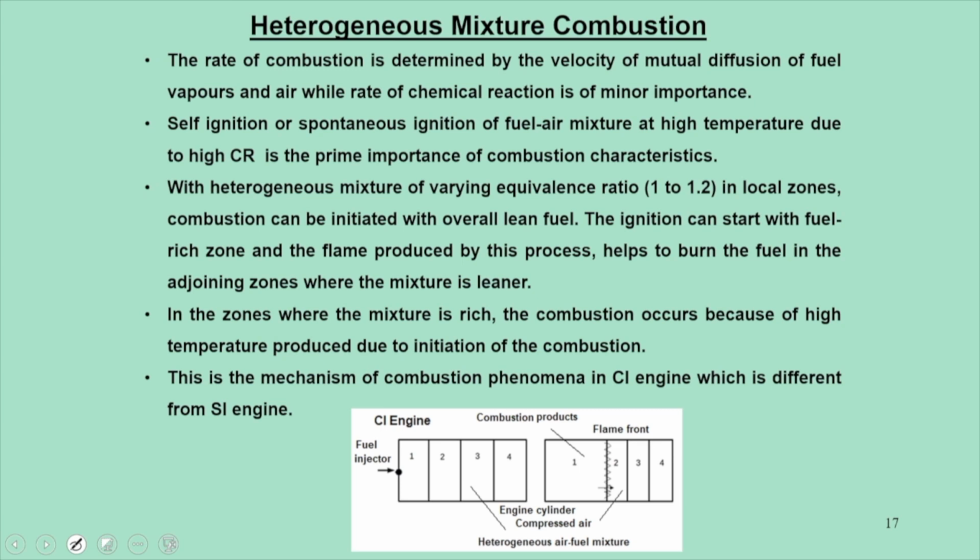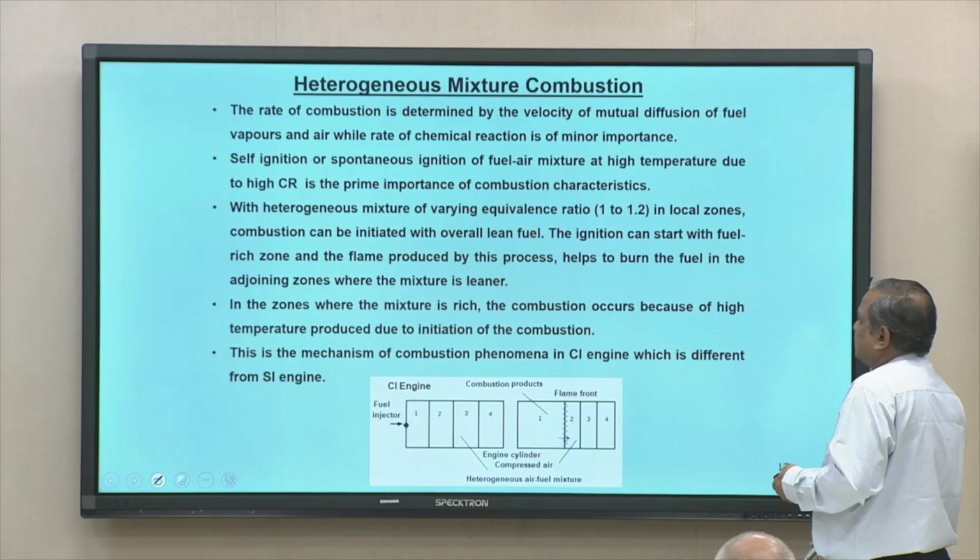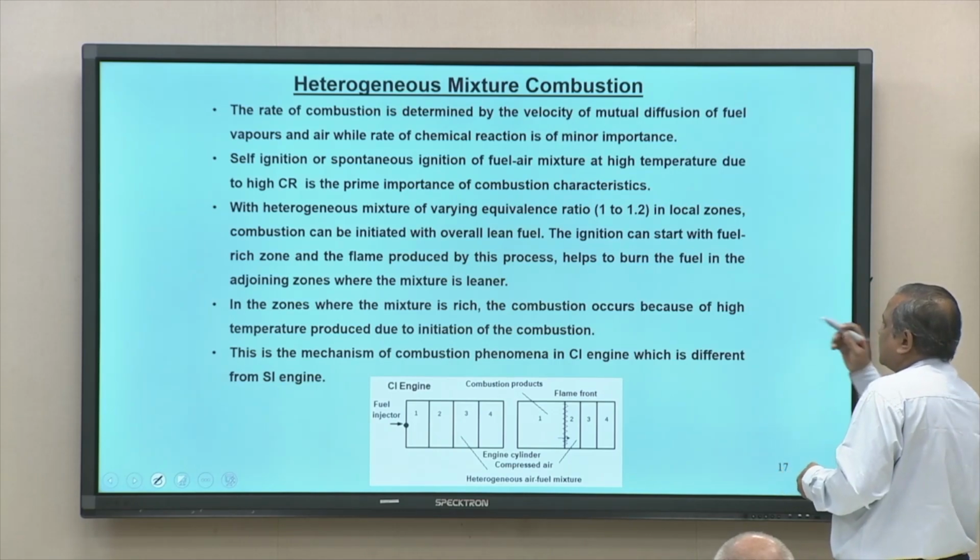And just to extrapolate this to a practical viewpoint and applications, we call them heterogeneous combustion, where air-fuel mixtures are not pre-mixed, and fuel sees high temperature air, and typically this happens in CI engines,